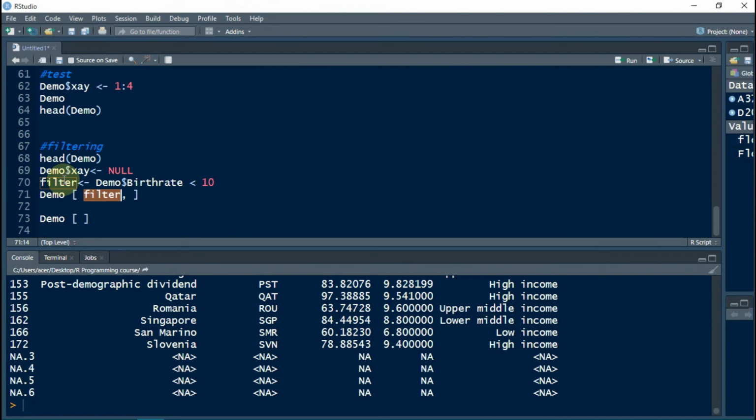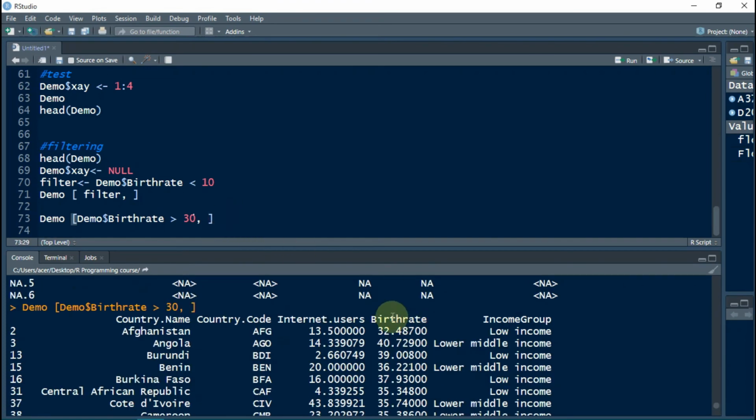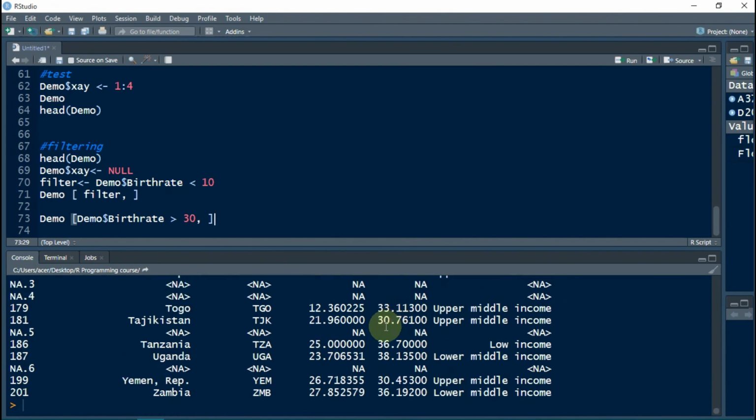Now what we are going to do is skip this object creation and supplying the object, but we will directly supply the logical statement and then we will give comma, nothing. So let us say this time we need the value of birth rate greater than 30. So now we have listed all the countries with the value of birth rate greater than 30.